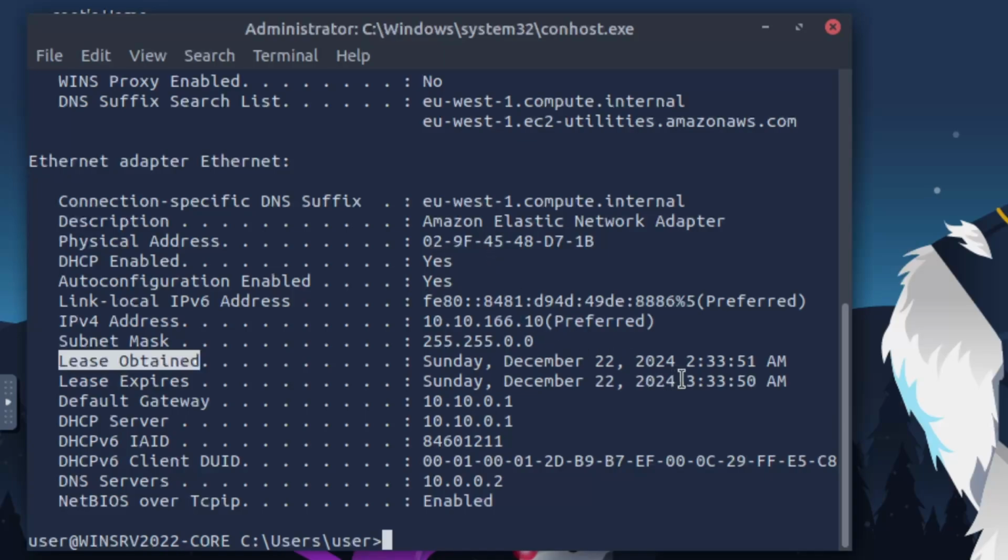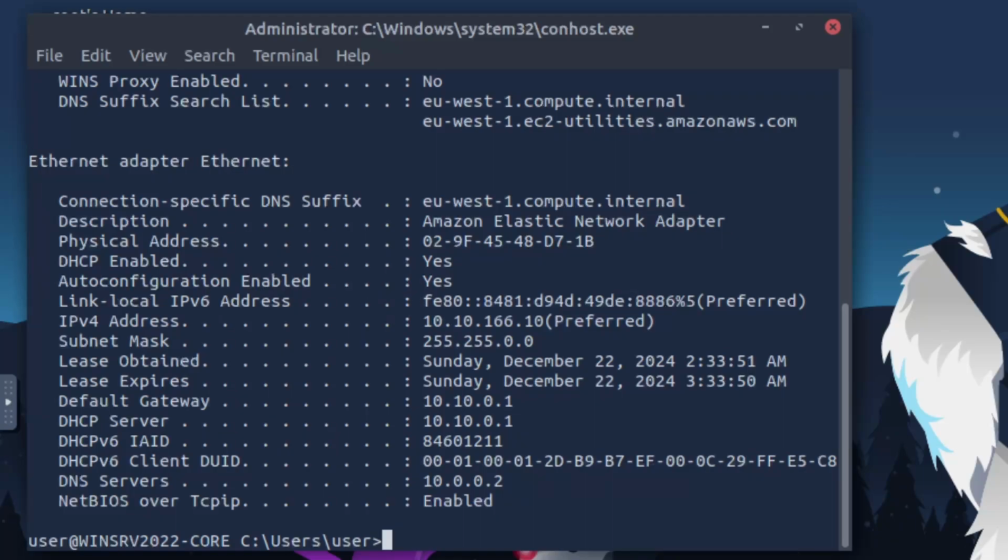And then the lease expires literally an hour later. So it's a very, very short-term lease is what I've gotten. And that is something that is also configured via our DHCP, and that is called the IP lease. And so that's what we get when we run